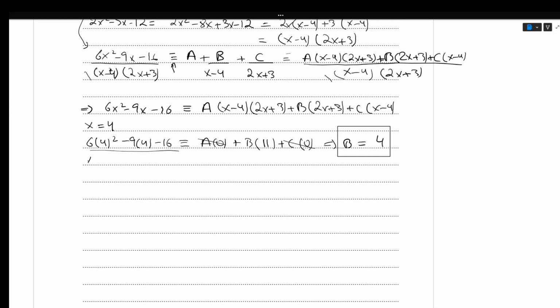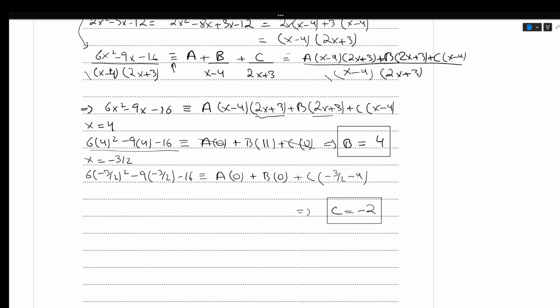Then you can choose x is equals to negative 3 by 2, which gives 6 into negative 3 by 2 square minus 9 into negative 3 by 2 minus 16 identical to a. Now this is 0 because of this factor. 2 into minus 1.5 is minus 3 plus 3 is 0, then plus b, and then you get a 0, and then c into minus 3 by 2 minus 4. If you resolve this, you'll end up with c is equals to minus 2,